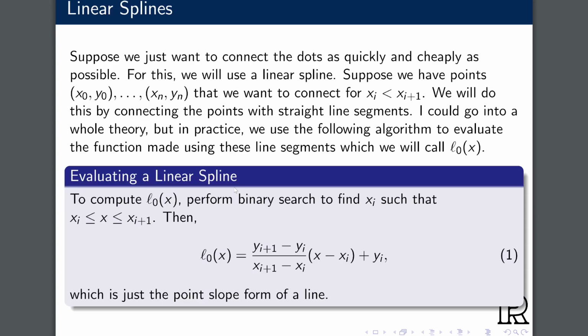And so we just keep subdividing our list over and over again until there are exactly 2 things, one smaller and one bigger, and that's the interval that we're in. So evaluating a linear spline that we know nothing else about is going to be order log n evaluations,